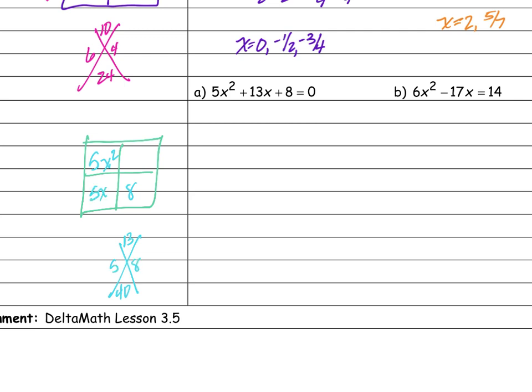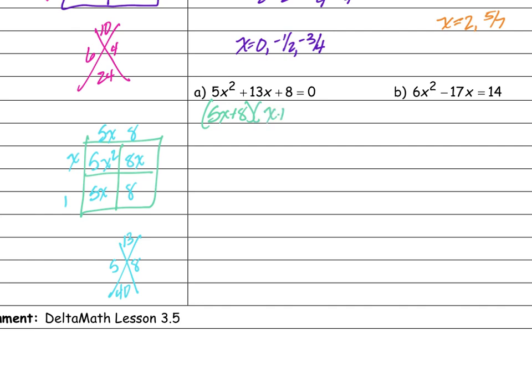So it's 5x and 8x. So let's see, that gives me a 5x here and an 8 and an x and a 1. So that means this factors to 5x plus 8